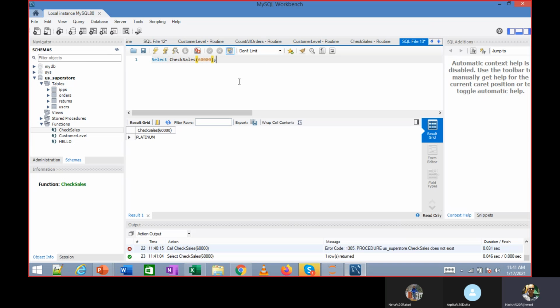So here I am using this function in the select statement. Here it gives me platinum. If I give this value as this, it gives me silver.